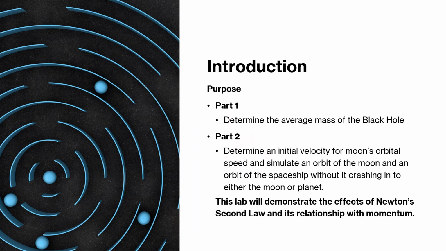This lab is split into two parts. For part one, the purpose is to determine the average mass of the black hole, and then part two, you determine the initial velocity of the moon's orbital speed and simulate the orbit of the moon and the orbit of a spaceship without it crashing into either the moon or the planet. So overall, this lab will demonstrate the effects of Newton's second law and its relationship with momentum, and the overall result is an average mass and a